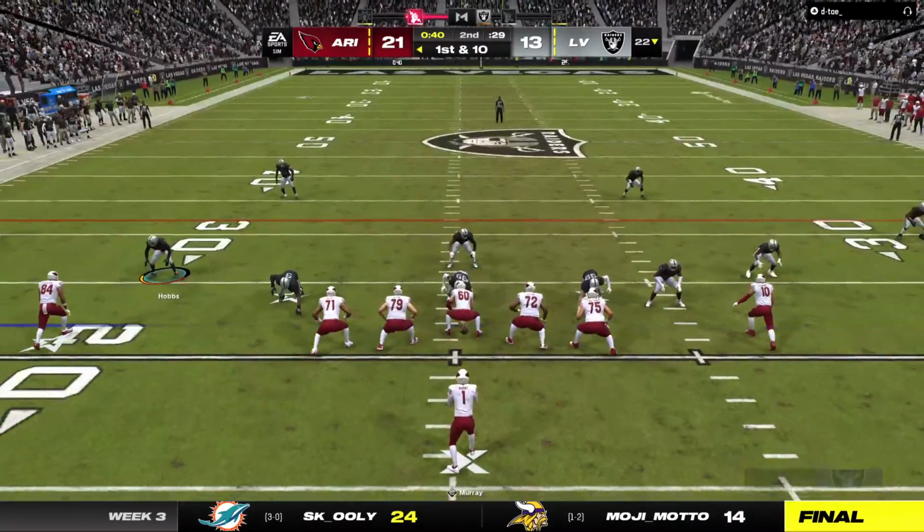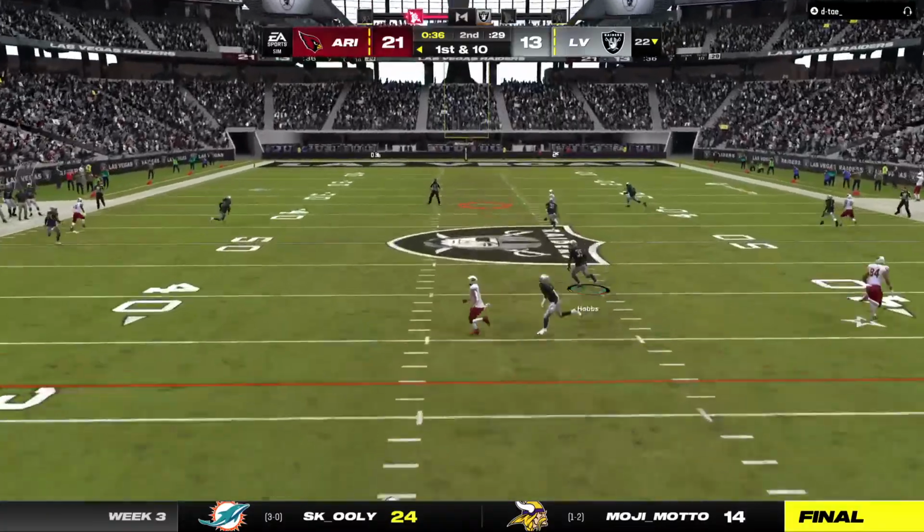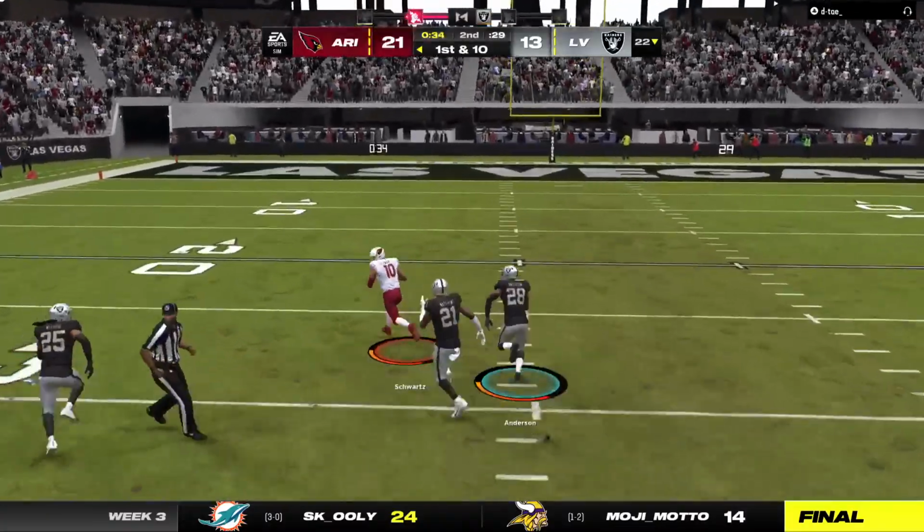Offensively, they've got the lead. Not a whole lot of time left. What do you think, Charles? Well, it's tempting to try and add to your lead. And that's caught inside